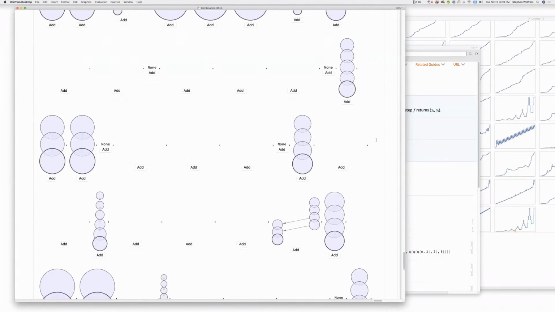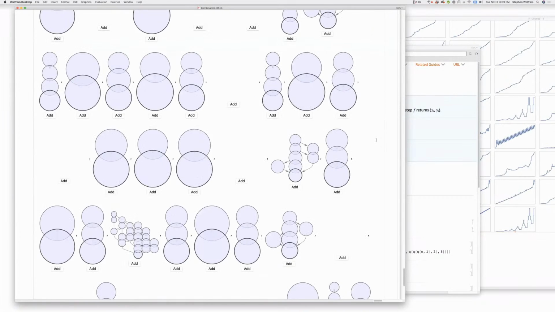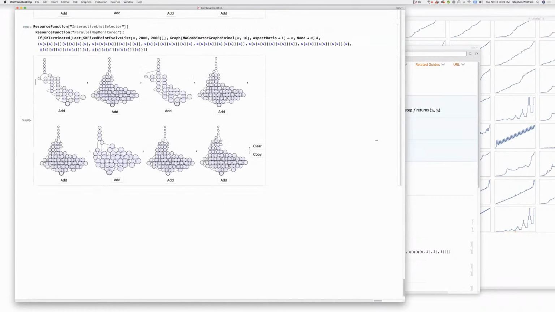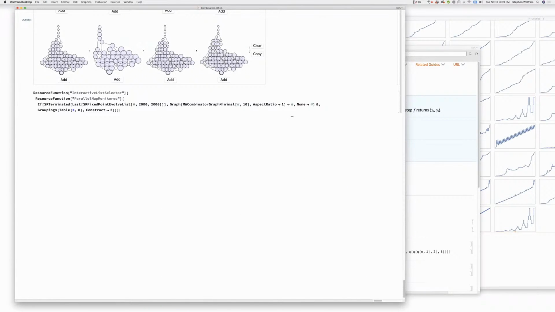So actually what I want to do, let's at least do this. Let's do the following. Is SK terminated? Okay, I have an idea here. Maybe what we should do